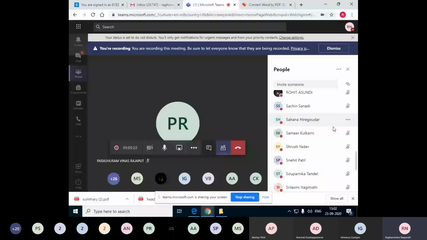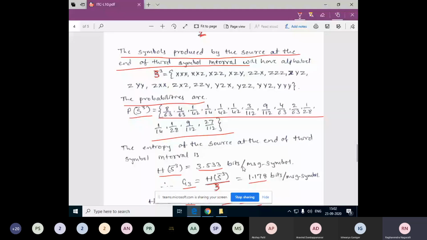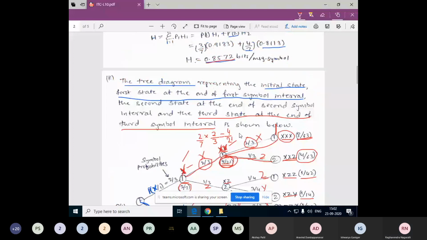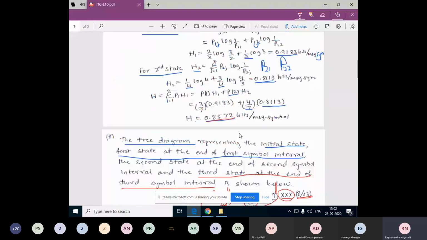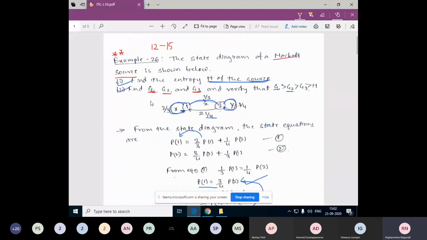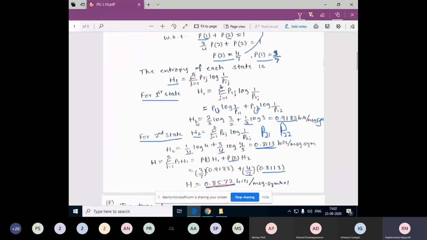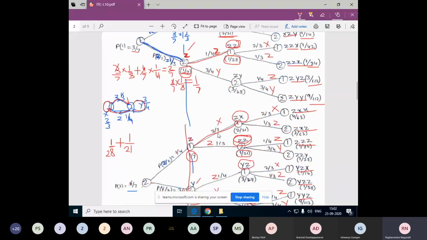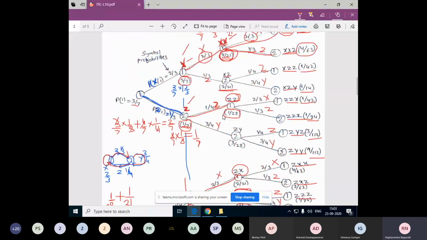Okay, whenever they ask you to find this G1, G2, G3 or any of these Gn values, you need to compulsorily draw this tree diagram. You need to remember that they are not going to mention that you should draw the tree diagram and then calculate G1, G2, G3. Whenever they ask G1, G2 or G3 values like that, you need to compulsorily draw this tree diagram and then do the calculation, because a major part of the marks goes to this tree diagram. Is that understood?